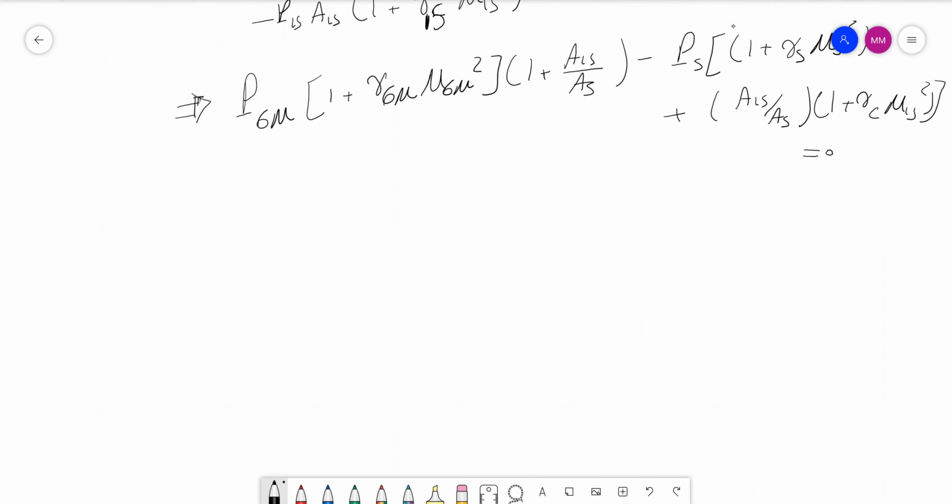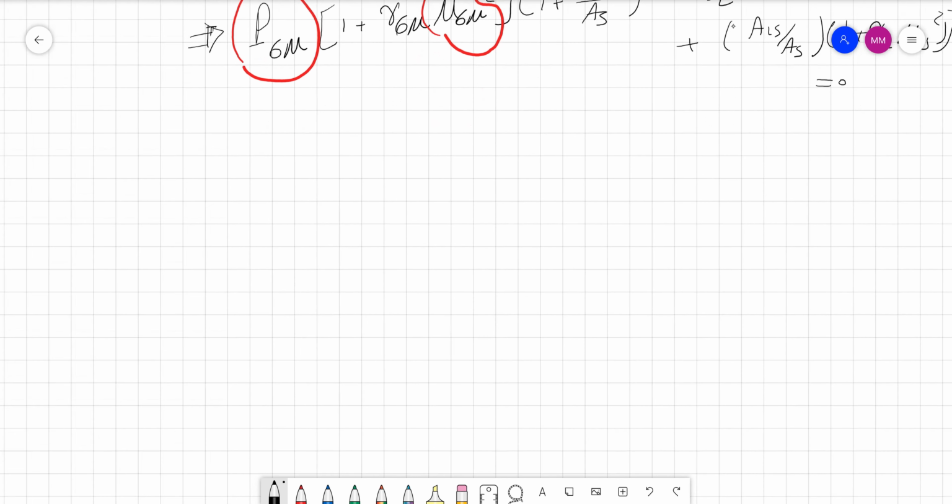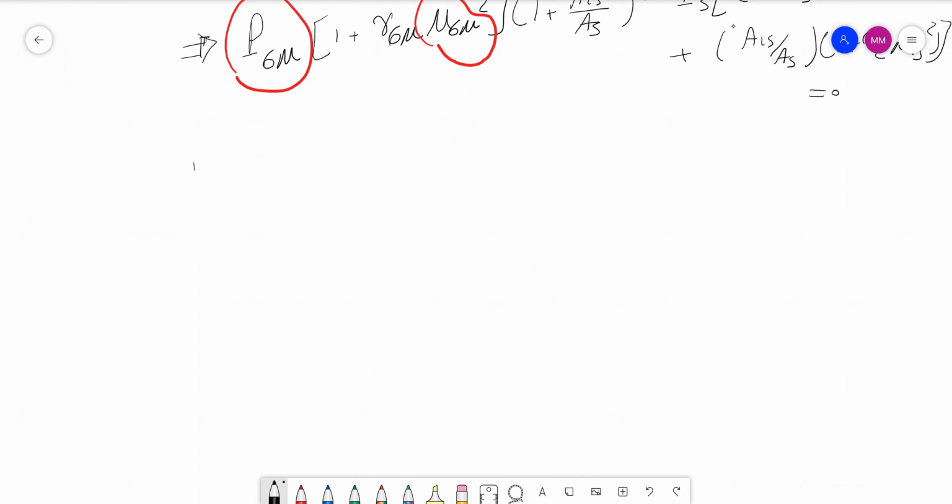Okay, so we have an equation here, but the problem is we have two unknowns. We have P of 6m as an unknown and M of 6m as an unknown. So we only have one equation. What should we do? So we have to find another equation that's going to help us in this analysis, right? And that equation is going to be your conservation of mass equation. And we already have different forms of m dot. We know that we can calculate m dot using rho AV or AVP over RT